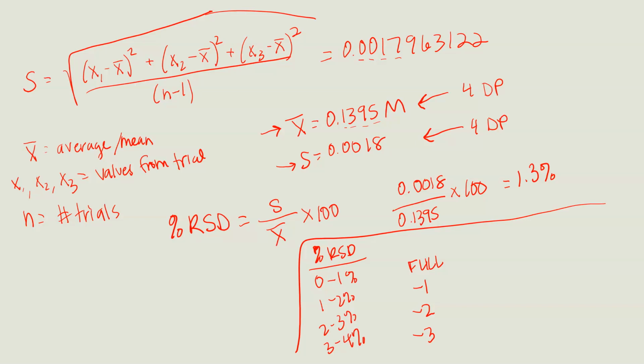As we go further and do later titrations, your ranges are going to shrink. It's going to get down to between 0 and 0.5 relative standard deviation to get full credit, 0.5 to 1 minus 1, 1 to 1.5 minus 2, etc. But you can see this is what's happening for right now. Okay, so